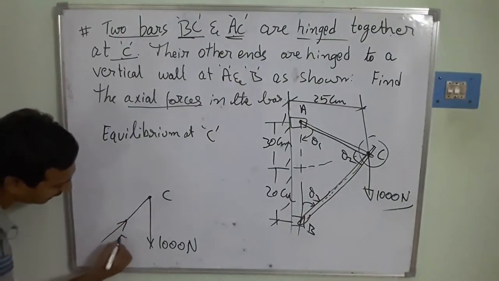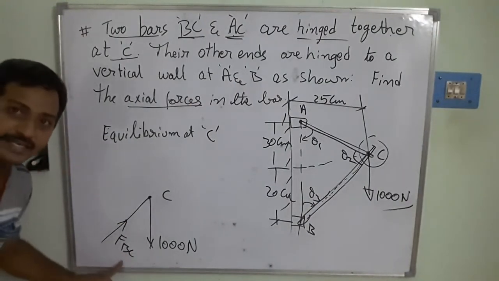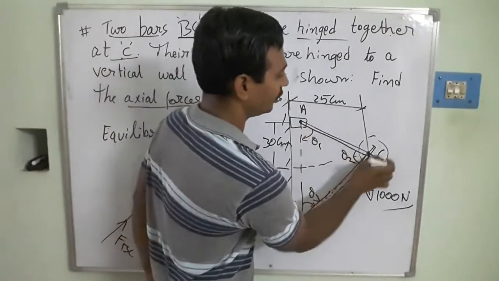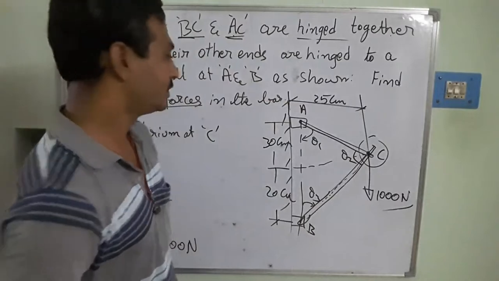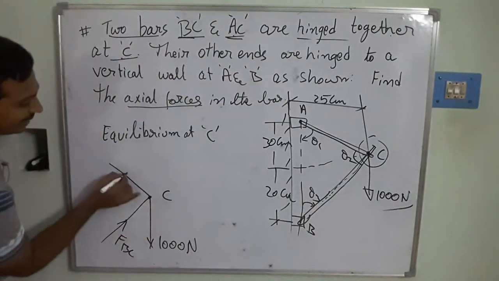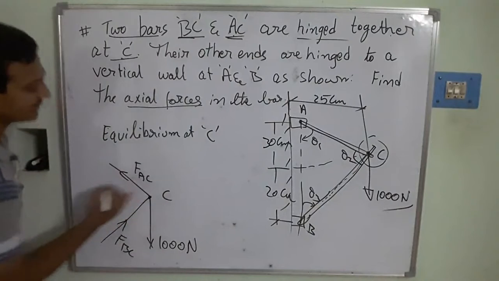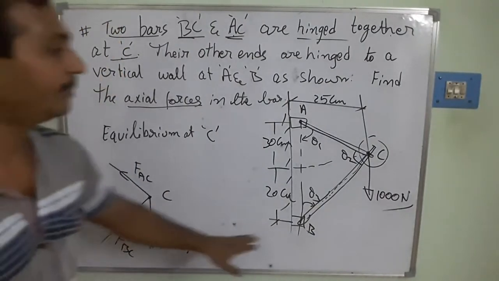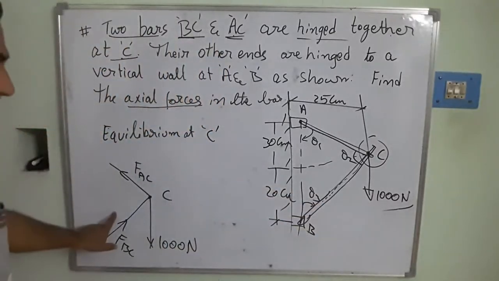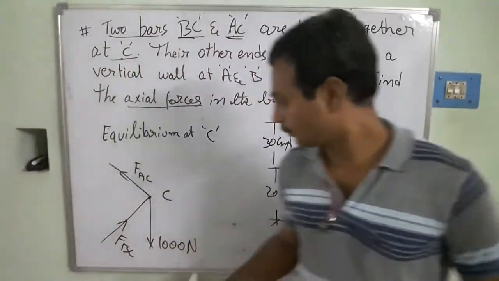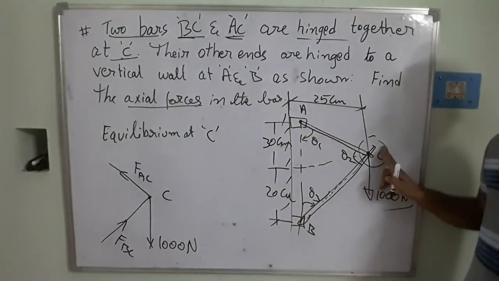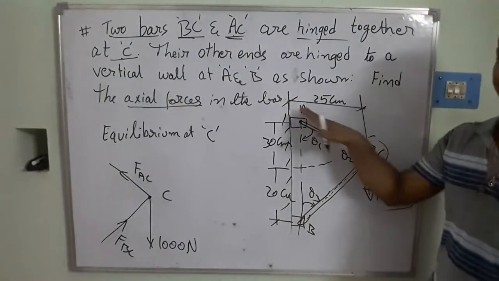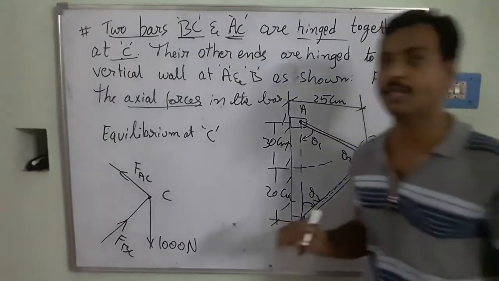I am going to show here FBC. The FBC is going to be your internal force in the BC member. And similarly, this AC member is going to be trying to elongate in the downward direction. So then this force is going to be generating in this direction. This is going to be the AC. So it is very clear that the internal forces were identified because of this 1000 newtons load. These are only assumptions. We are assuming that this force is going to be acting in the upward direction to hold this body in the same position. Tensile forces are going to be generating here, and here compression forces are going to be generating.